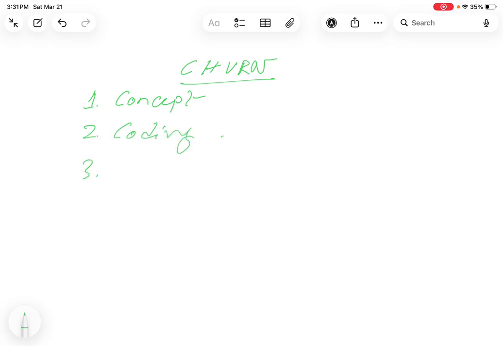So today we'll talk about my favorite topic, the churn model. This whole lecture will be divided into three different segments. One is the concept, so today we'll discuss the concept. Second is the coding, that will come later. Third is end to end